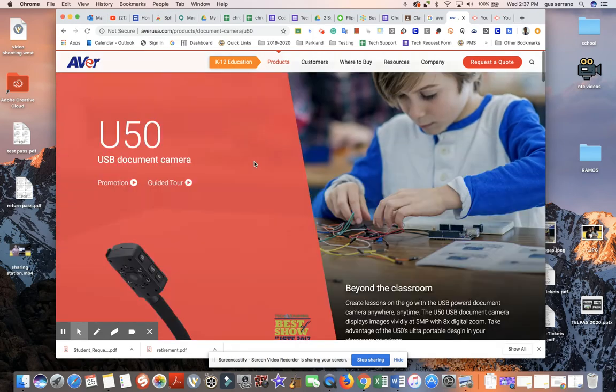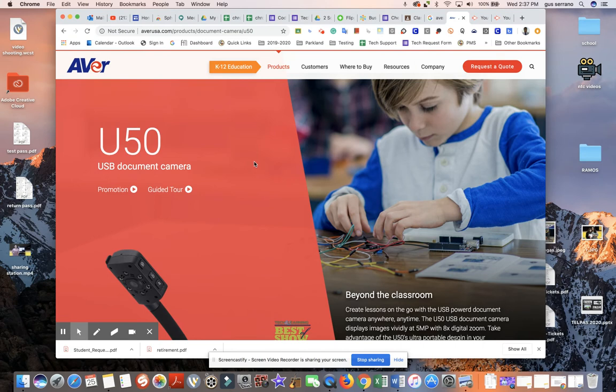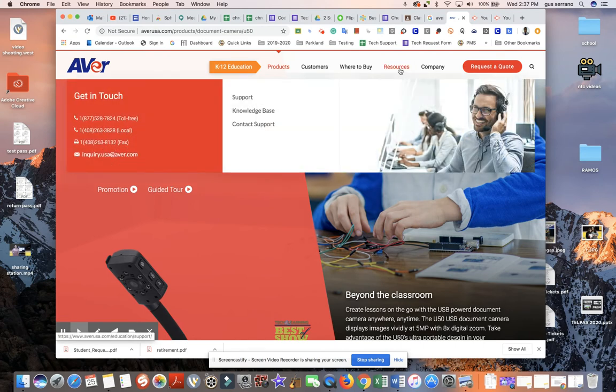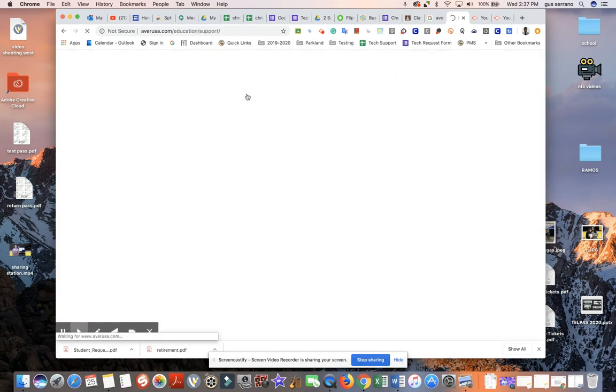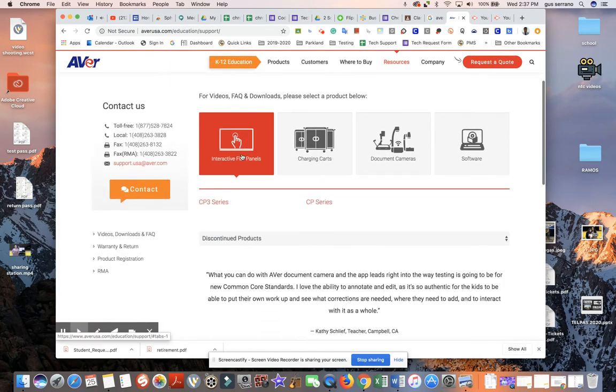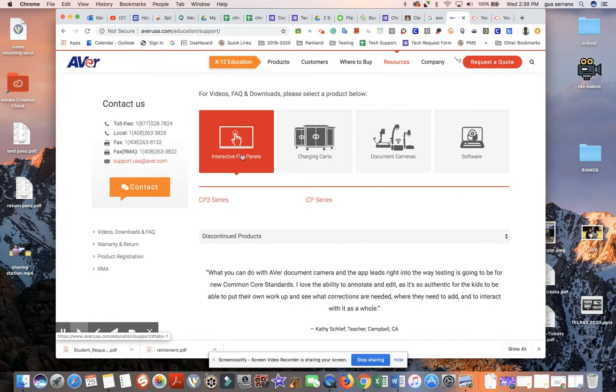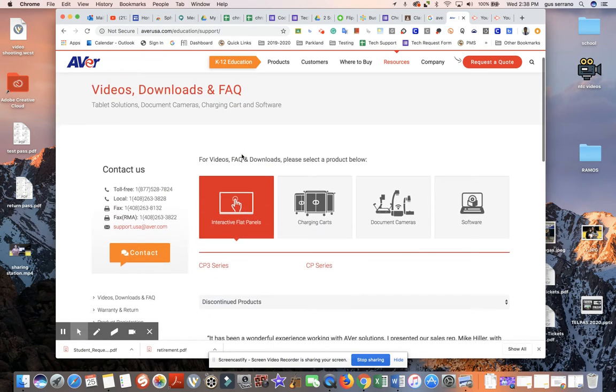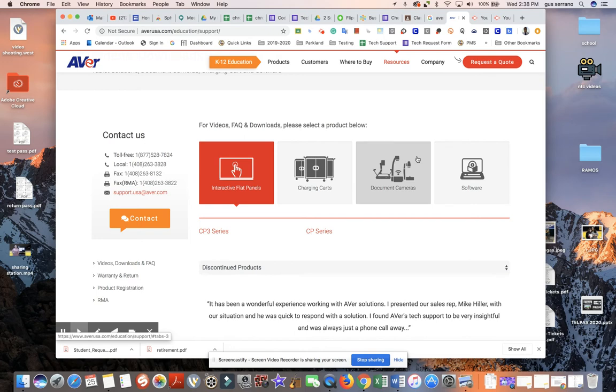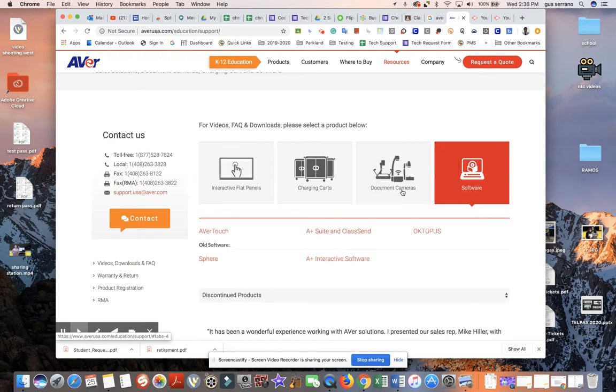So this is the document camera that I purchased for my teachers. Of course, some teachers do like the older Elmos, but I enjoy this one much better. So go to resources, go to support. And then you're gonna find the type of computer you have. So we're gonna go to software,